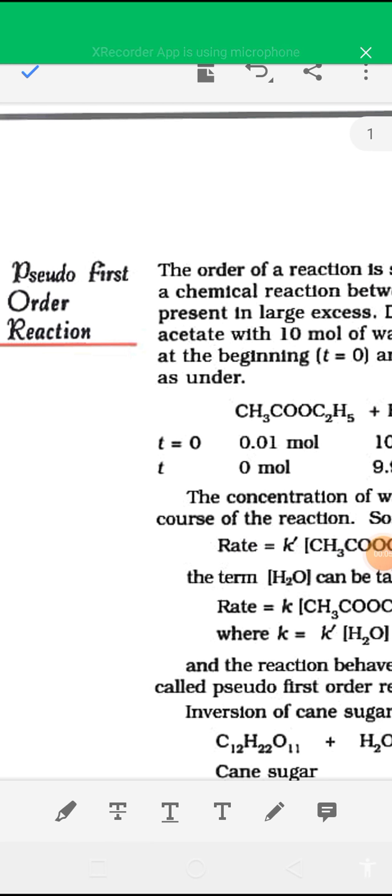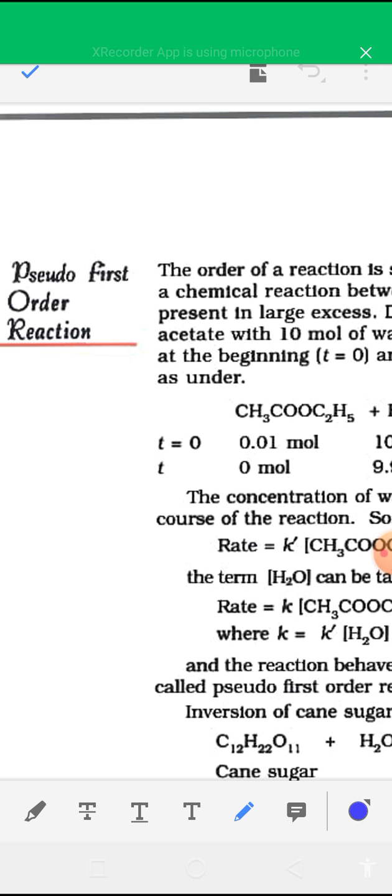In this video, I'm continuing the chapter 4 chemical kinetics of class 12 chemistry. Last day, I have told what is order, what is molecularity, and based on order, a chemical reaction can be classified in different classes like first order chemical reaction, second order chemical reaction, zero order reactions. Okay, so last day I have told suppose A plus B to P is a chemical reaction.